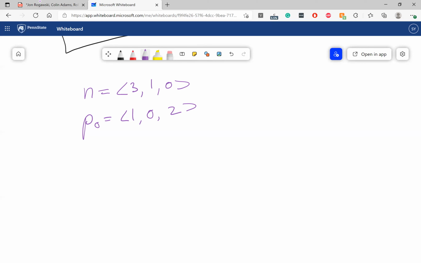So we know that the equation of our plane should be something like 3x plus y